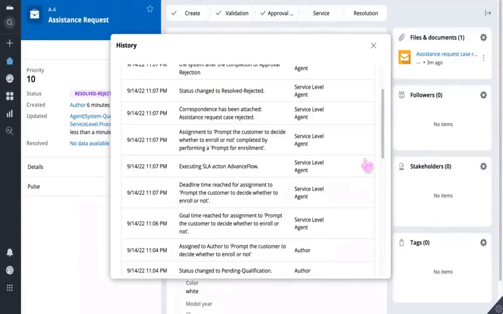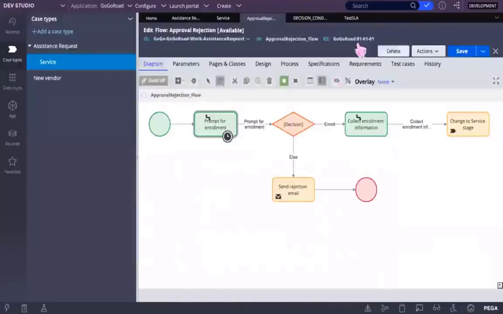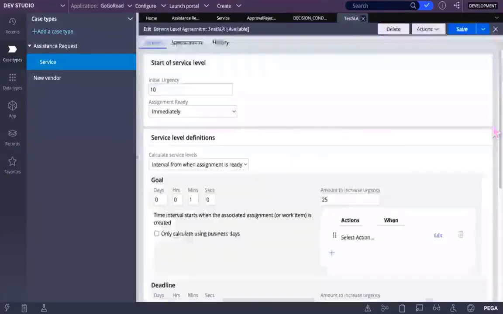Go to your SLA rule. Test SLA is already opened in the last step. Now, before performing the action, click on the plus icon in the deadline.